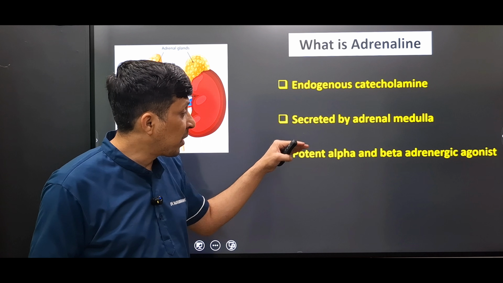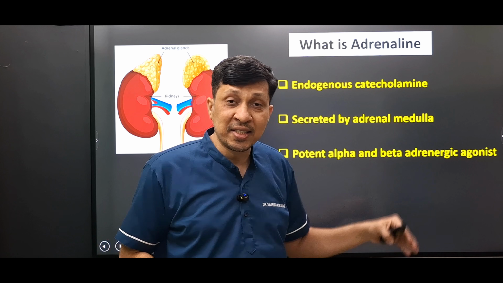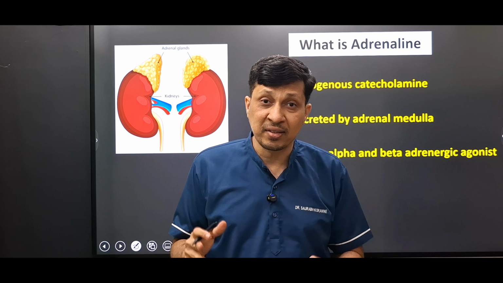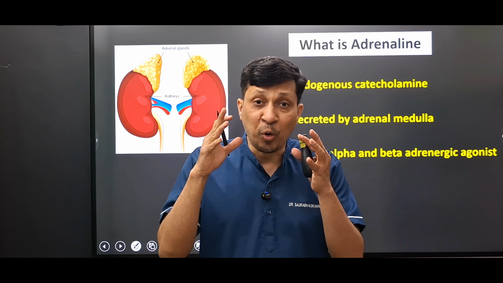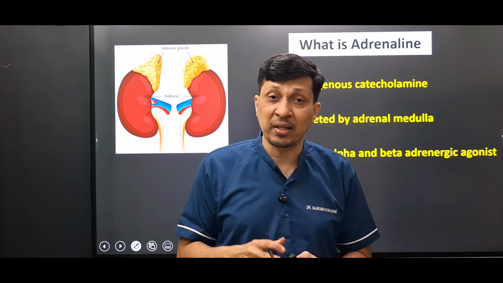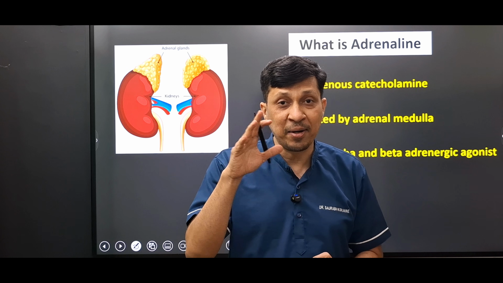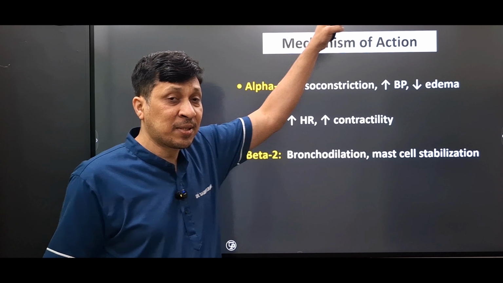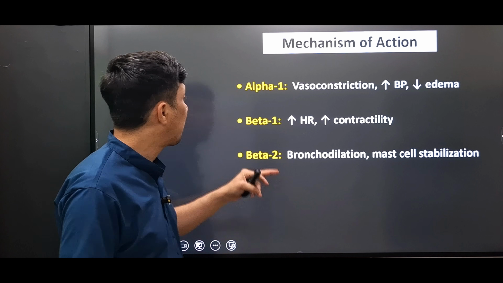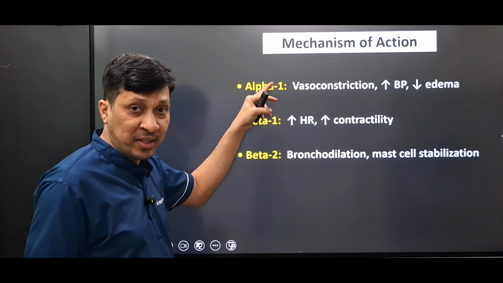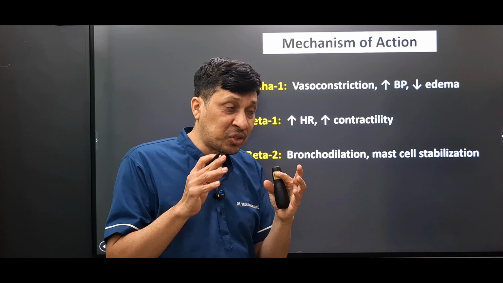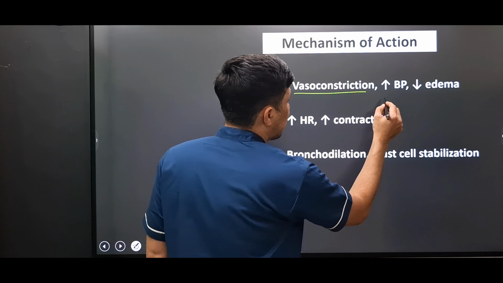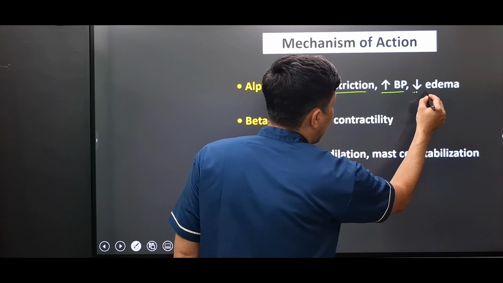Third, it is a potent alpha and beta adrenergic agonist. Alpha and beta are adrenergic receptors, and adrenaline is a potent agonist of these receptors, that is, it acts on these alpha and beta receptors. Now, what is the mechanism of action of adrenaline? First, it acts on the alpha-1 receptors. It is an agonist of alpha-1 receptors, and here it causes vasoconstriction, increase in the blood pressure and